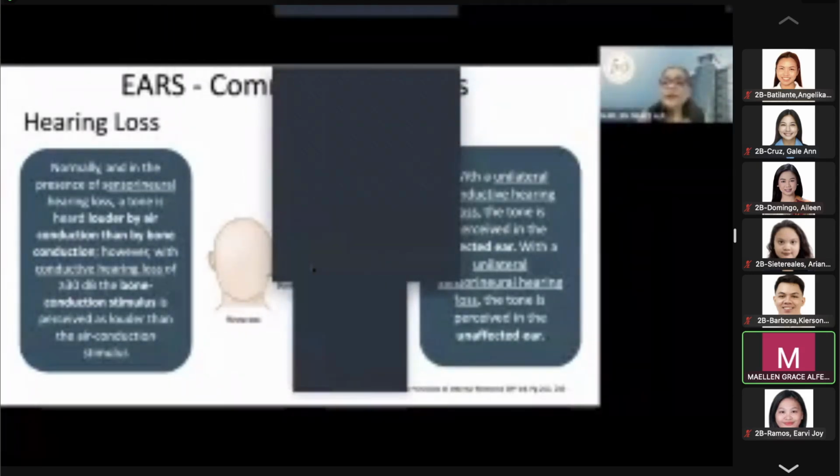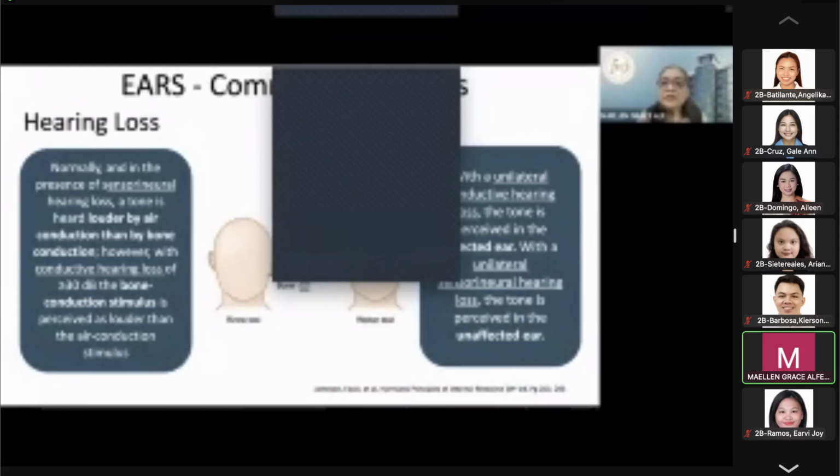Now, for a unilateral conductive hearing loss, usually the tone will be perceived on the affected ear. So if there is deafness on the right, the Weber test will be positive on the right side. So the tone will be heard more on the right side, or it lateralizes